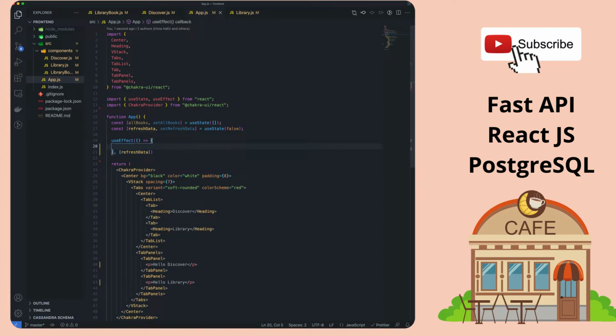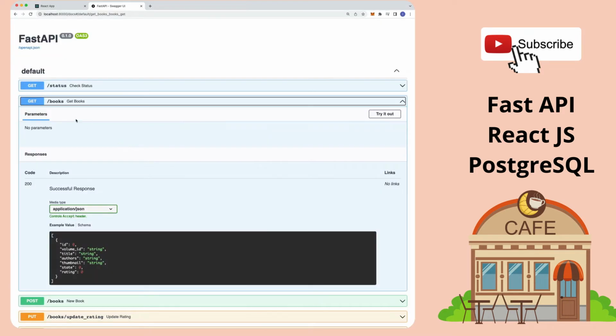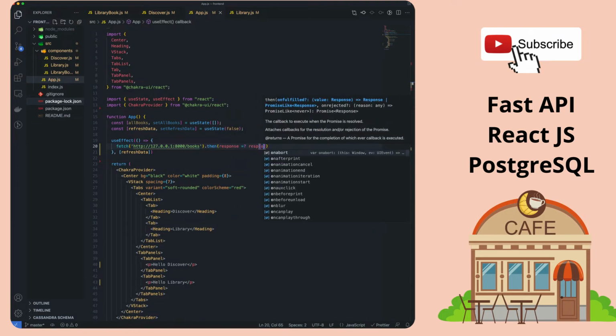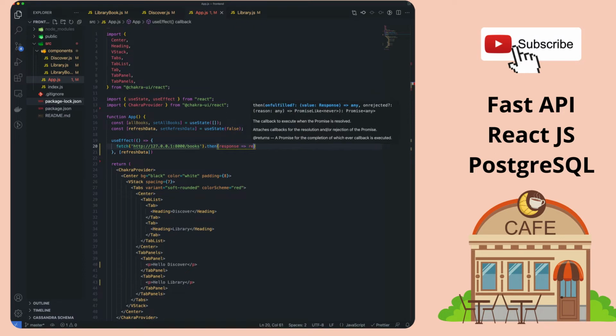Okay, so what do we want? We want to get the books. So we are gonna make a fetch request to http://127.0.0.1:8000, and then our endpoint is called books. Okay, and then we are gonna take the response and do our response.json, and then